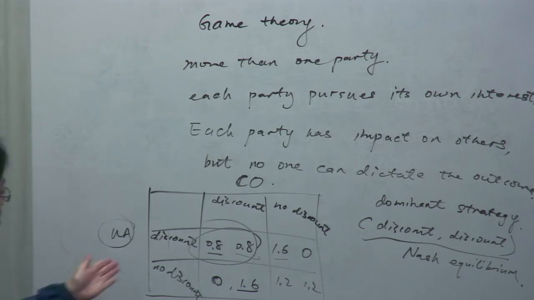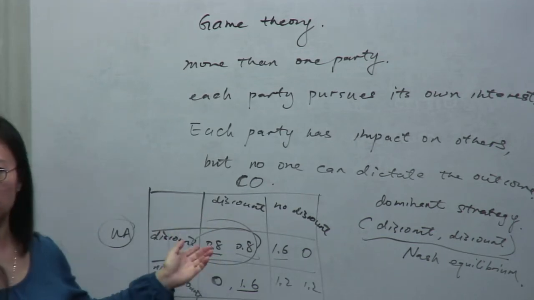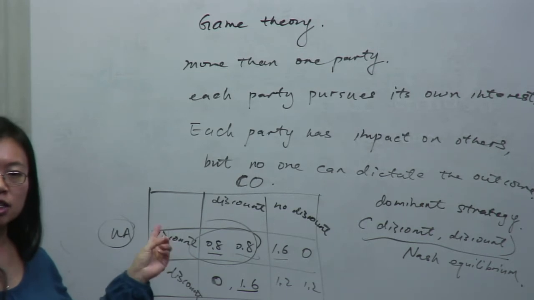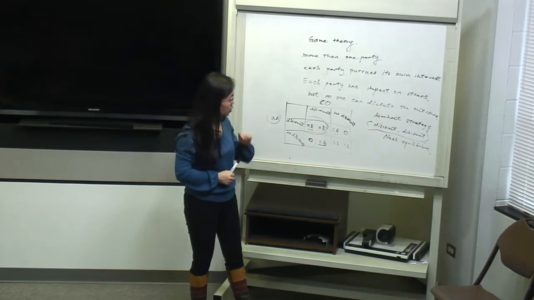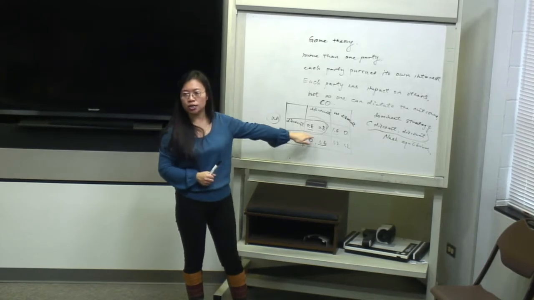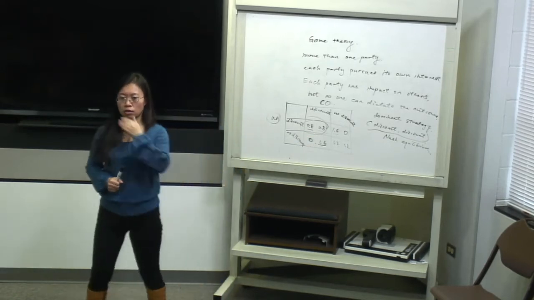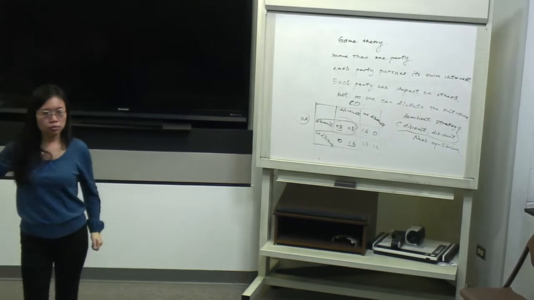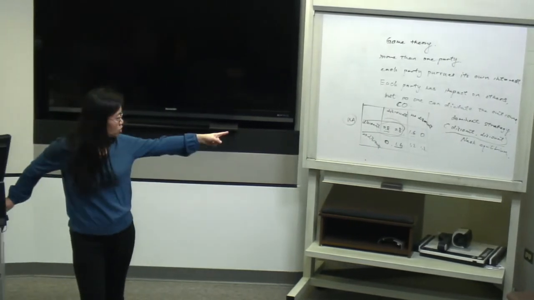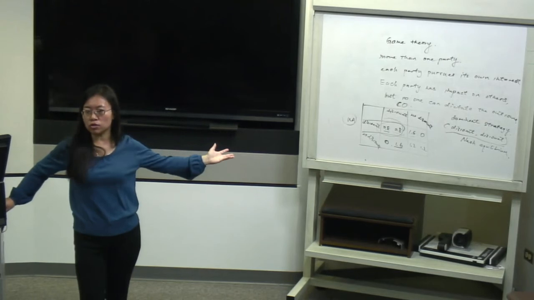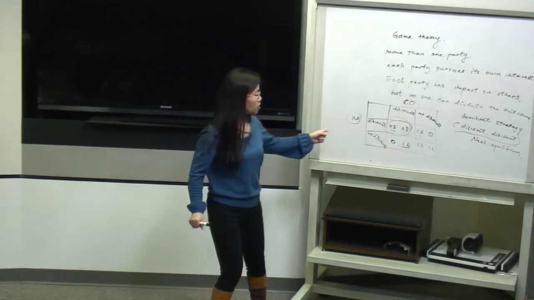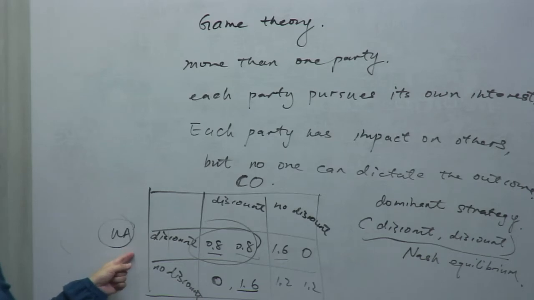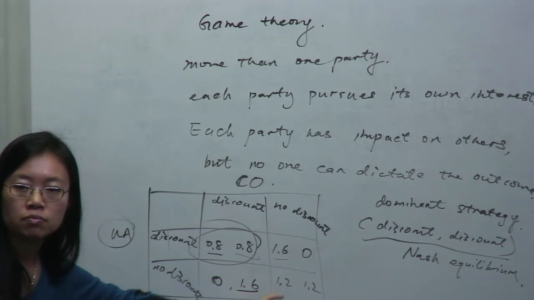Okay, so this equilibrium here, we call the Nash equilibrium because each player is playing its best strategy given the other player's strategy. Each one is playing its best. However, is this the ideal outcome? No. There's an outcome there, 1.2, 1.2. If they both offer no discount, they're both going to be better off, right? But if we just have this one-shot game, they are both going to maximize their own profit. We will never end up here.